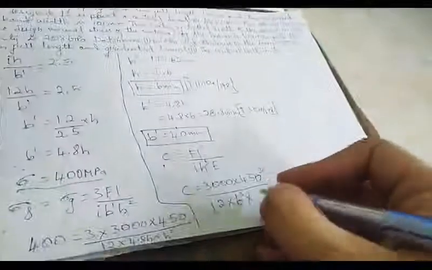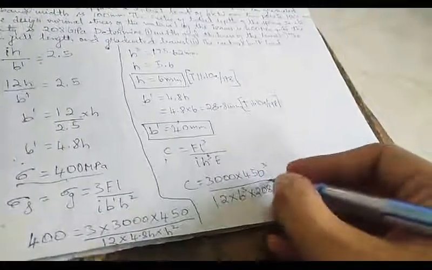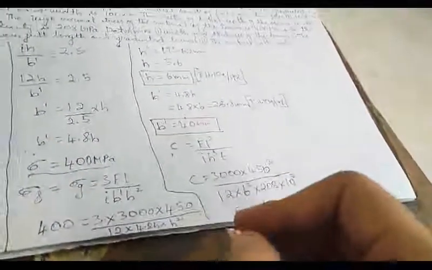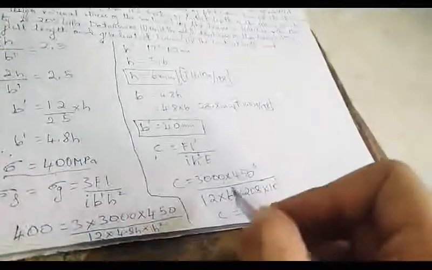We'll take E as 208 into 10 power 3. So the value of C which I'll get by solving this formula is